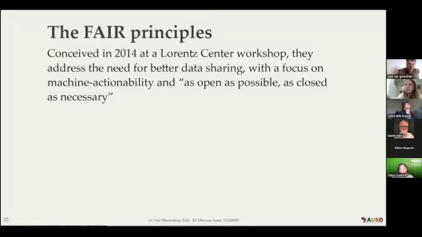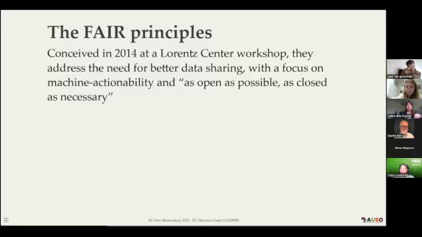So the FAIR principles were conceived in a workshop in 2014, and they address a bigger feeling in that community that data sharing needs to improve. And they explicitly mentioned the aspect of machine actionability. So we're not specifically targeting humans here. Humans are probably well covered in reports and readme.txt where data sets are described. But here they explicitly mention machines. So also machines should be able to process the data in such a way that it becomes actionable.